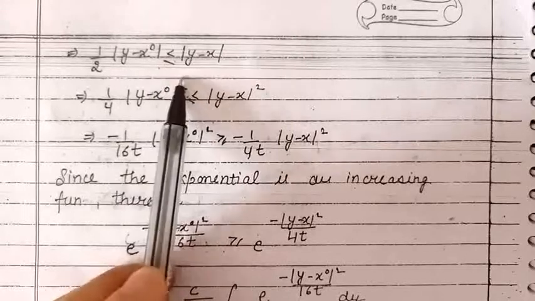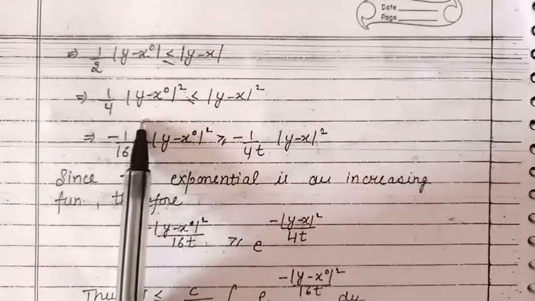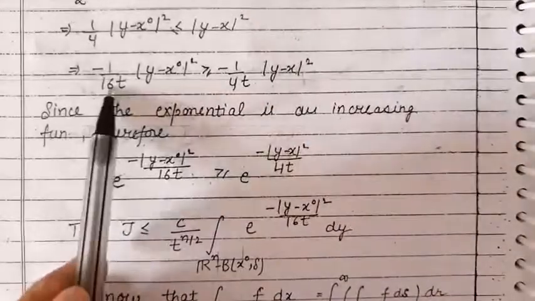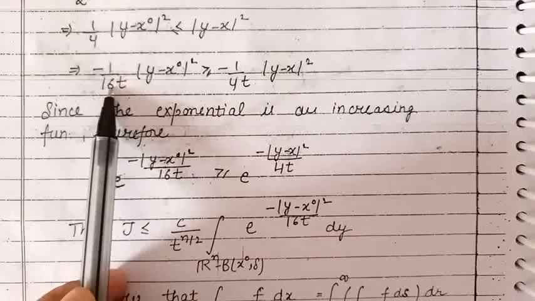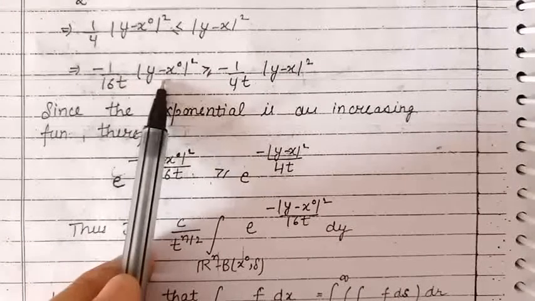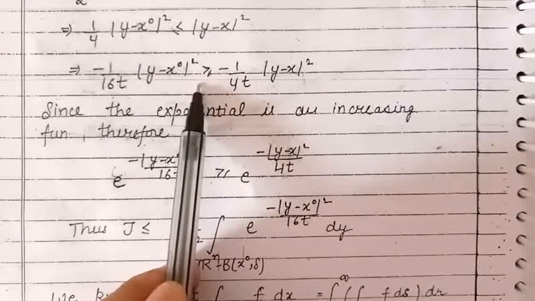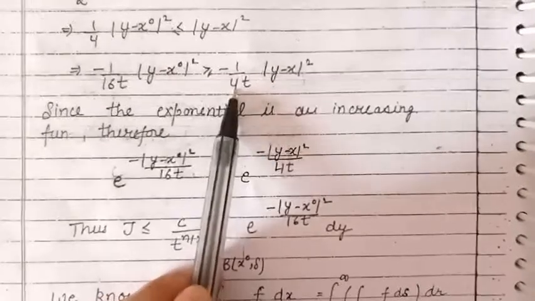Squaring both sides and multiplying both sides by minus 1 upon 4t, we have obtained the expression minus 1 upon 16t into mod y minus x square is greater than or equal to minus 1 upon 4t into